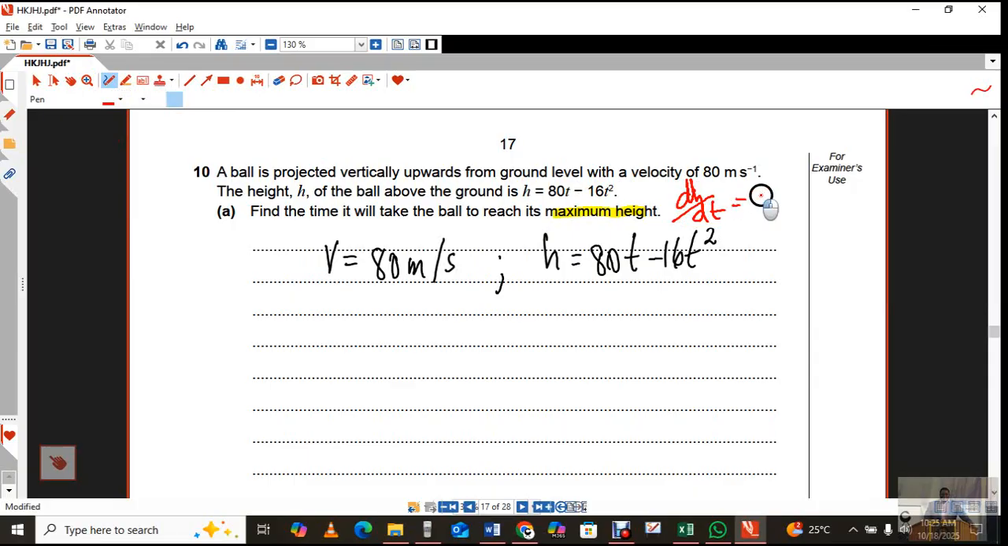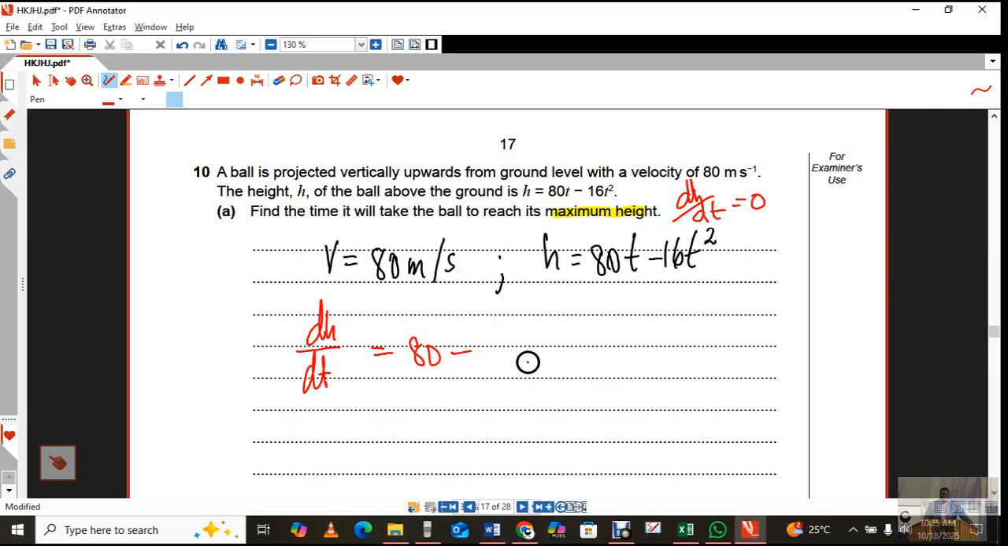dh/dt is equal to 0. So we definitely need to come up with differentiation. Okay, what is it that we need to consider? Now, to find dh/dt equals 0, what is dh/dt? Since we have the formula for h, we can go ahead and differentiate. Differentiating, this is going to give me 80, the derivative of 80t is just 80, minus